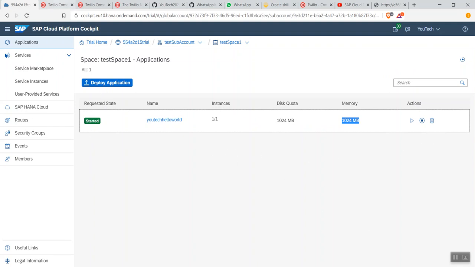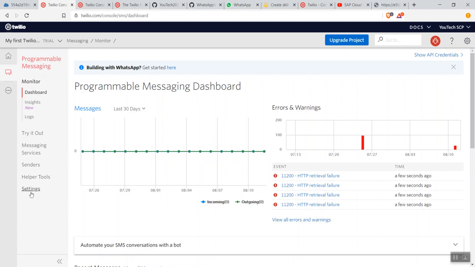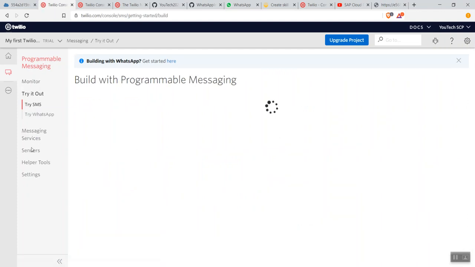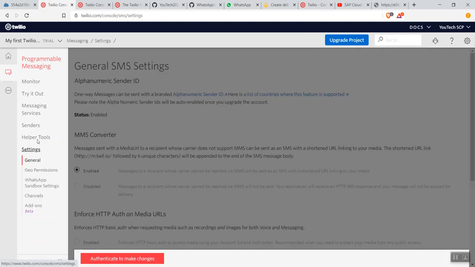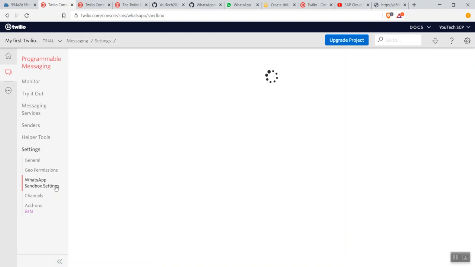Take this URL, go to your Twilio account, go to the settings, sorry, one second, try it out, go here, try it out and go to WhatsApp sandbox settings here.